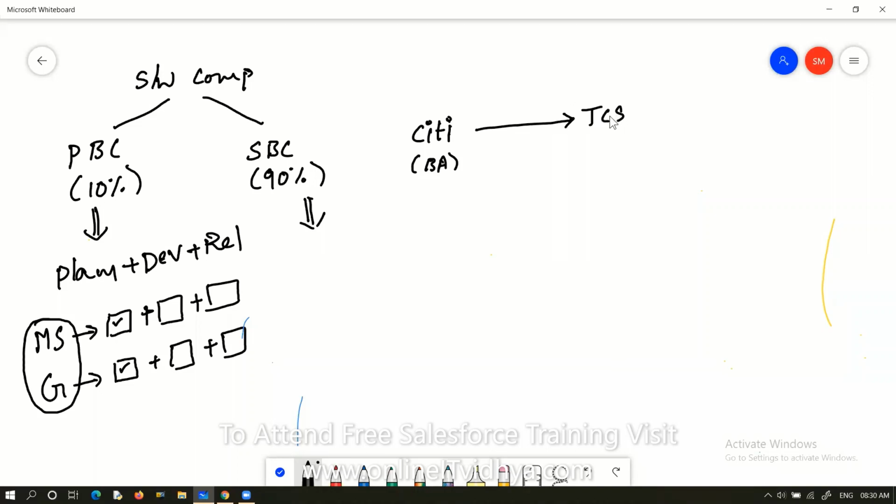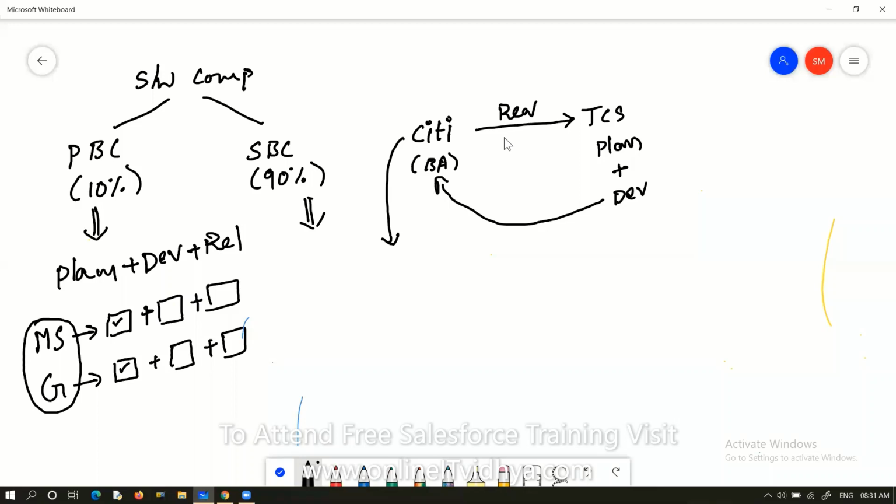TCS will gather the requirements from the client. All requirements they will collect, and they will plan how to develop this. After that, they will start the development of the application. Once development is done, it will be returned back to Citibank. They won't release this product in the market. Citibank itself is going to release this application in the market officially, and they will advertise their application throughout the entire marketing environment.